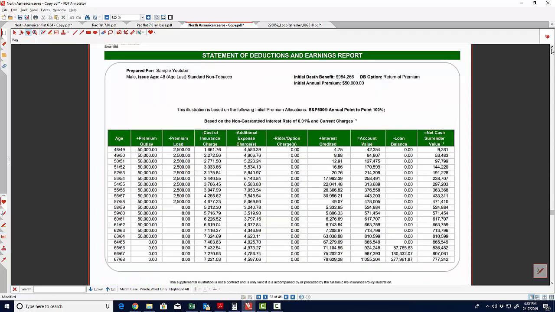Okay, so this is our policy that is exactly the same. It's the same 48-year-old male, the same death benefit option, exact same premium. But check out the interest credited column here. We basically have no credits for the first 5 years, 0.01%, and then we have no credits for these 6 years here. Now, there is a bonus on this product, which is why you see some ancillary interest in these years. But look at the difference between year 16 and 15, 63,000 in credits versus 7,000. So our 0 years are in there.